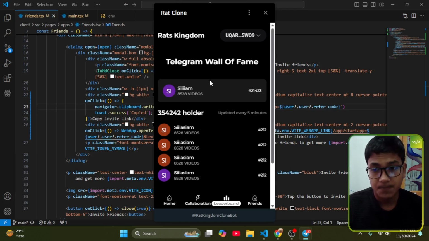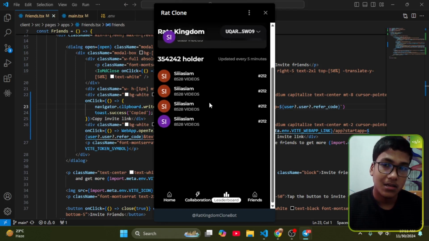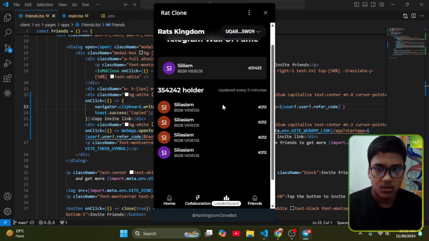So for this page, I need to retrieve my rank according to my points, how many points I have, and lastly the leaderboard. Here I will retrieve the top 100 people. I also need to count how many users I have in my app, and also update